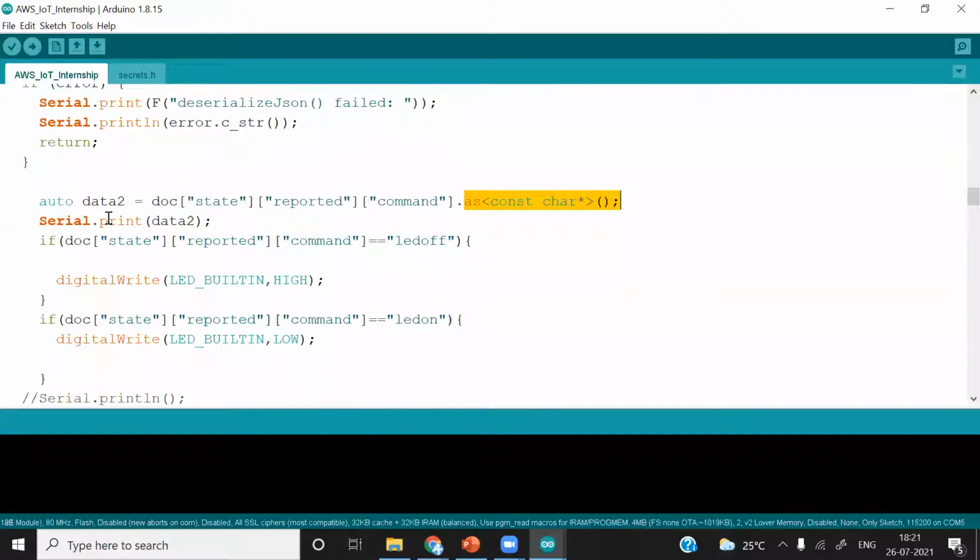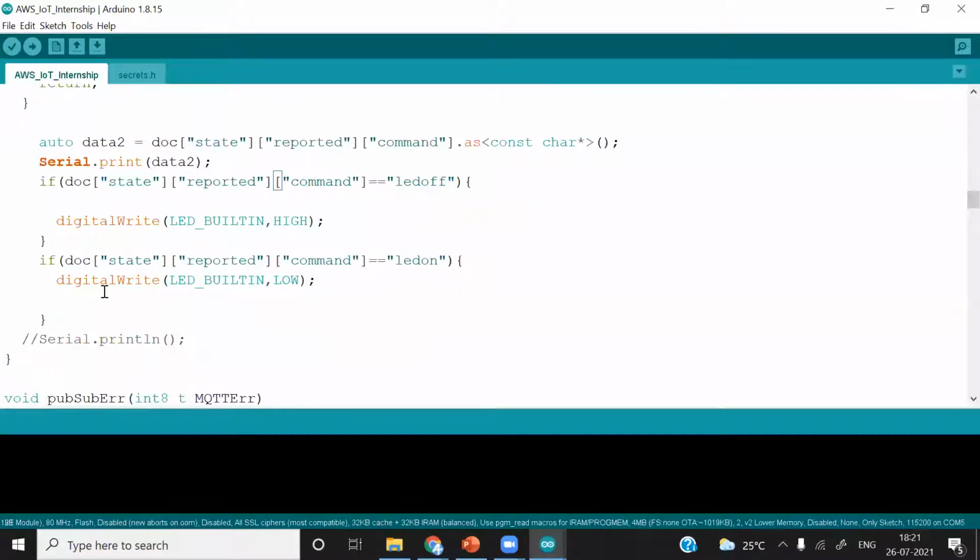And after that, you can see we are checking against this command that we have received. If we receive LED off, then we are going to make it high, as the D0 pin is inverted. If we receive LED off, we are making it high so that we can turn off the LED, and otherwise we are using this else condition. Okay, I will just simply make it else. If not this, run this condition or check for this condition.